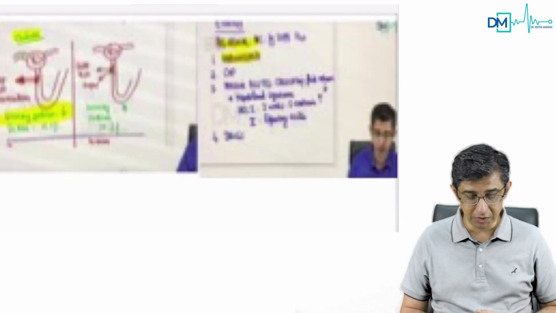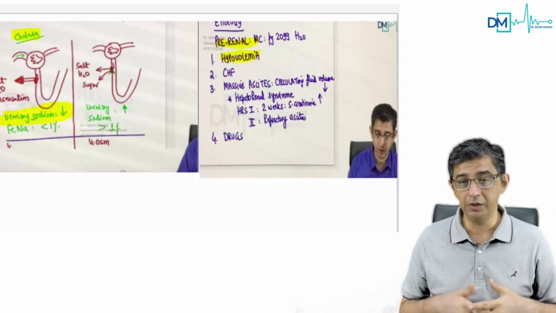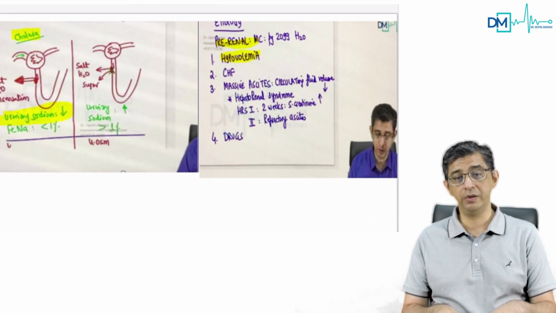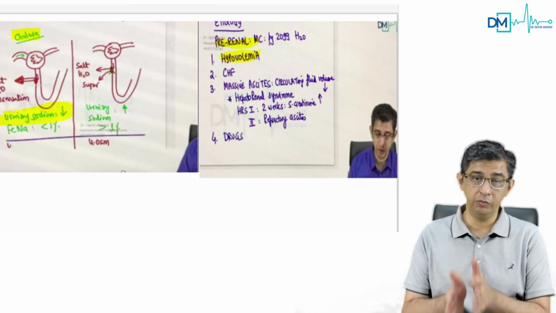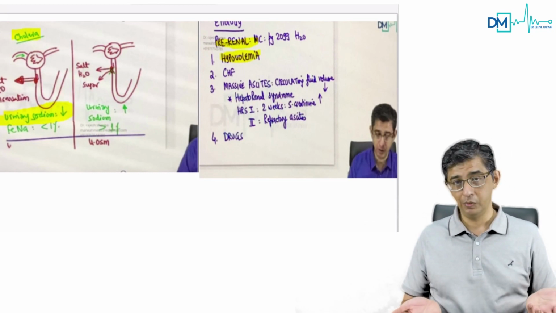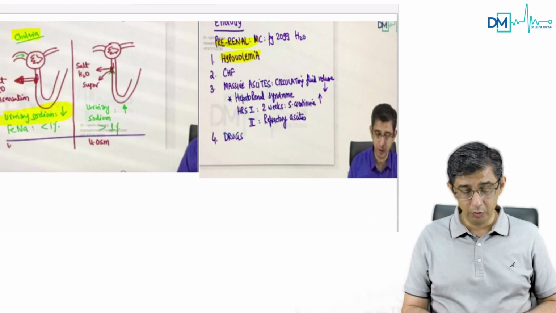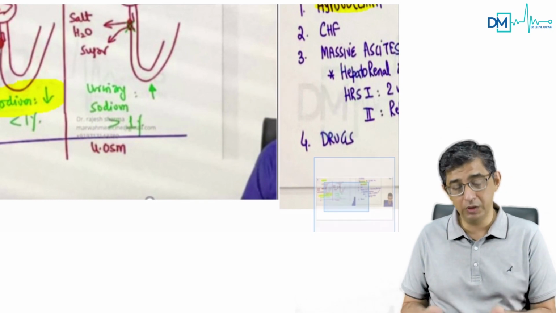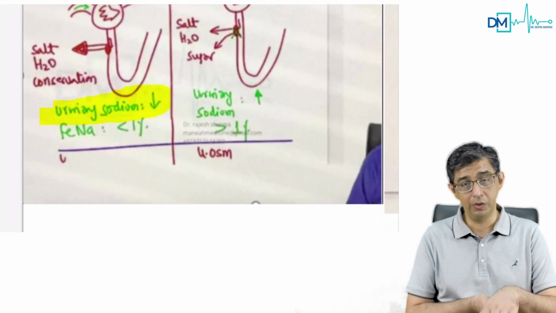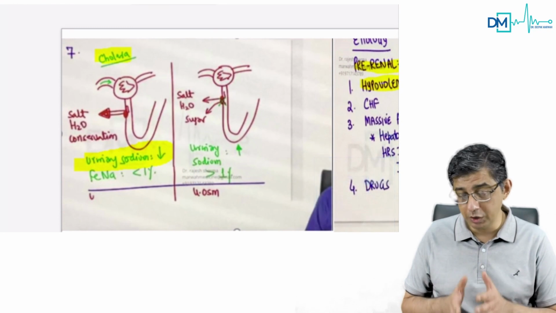In fact, I can show you an image here from the app which will make it more clear. I have highlighted hypovolemia as a trigger for pre-renal AKI, and second, I have highlighted a test to demonstrate whether it is pre-renal or renal, and that test is urinary sodium. If tubules are damaged, salt will not be absorbed. So high urinary salt will be present. That is why urinary sodium will be increased, more than 40, whereas urinary sodium would be reduced in the pre-renal variety because the body will try to get back all the salt to conserve the volume. So whenever it's a pre-renal variety, you have a decreased urinary sodium.